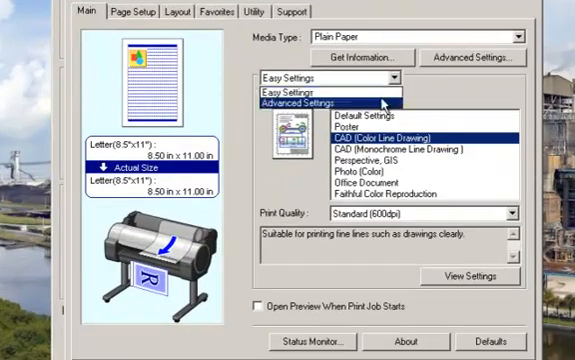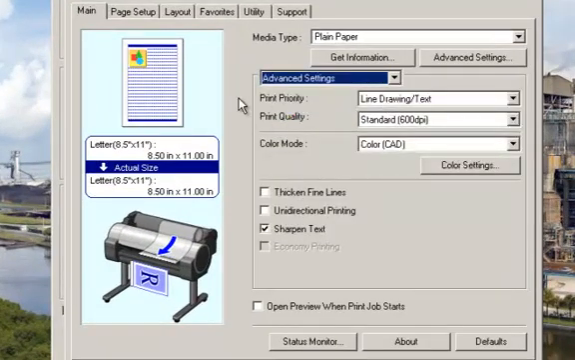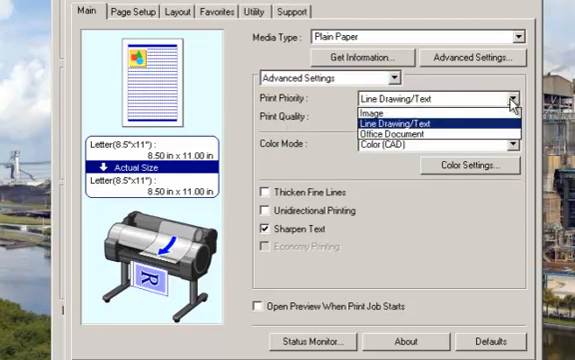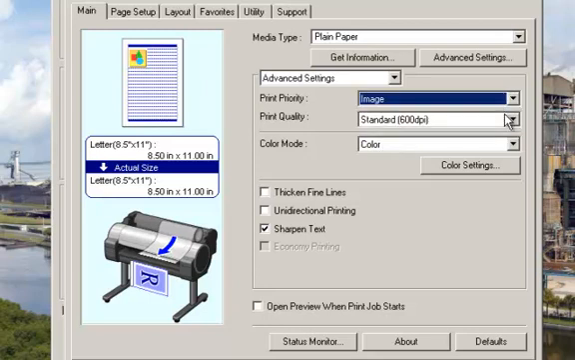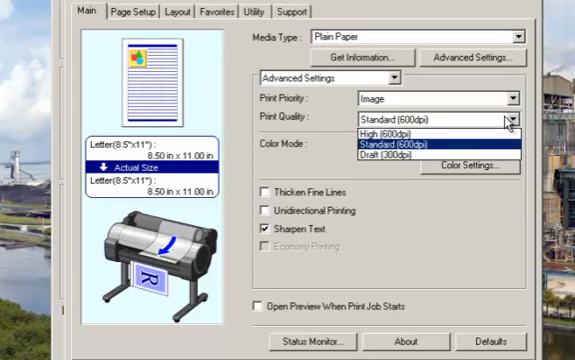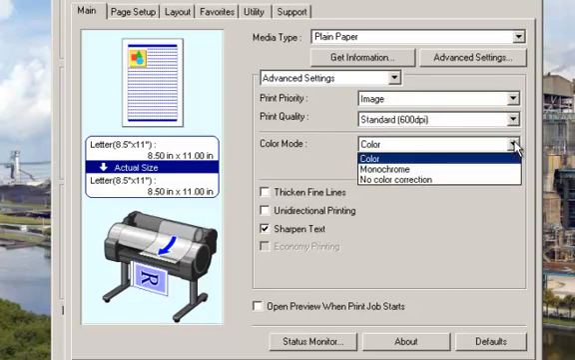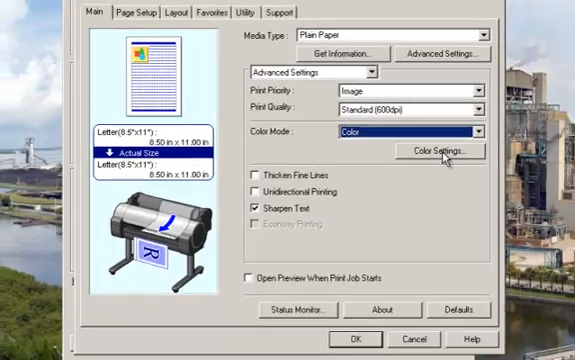Switching over from easy settings to advanced settings brings up a whole other list of options for us for print quality. We can choose our print priority, whether it's image, a line drawing, text, or an office document. We can choose our print quality, high, standard, or draft, and we can also choose our color mode, whether it be color or monochrome. Along with this, we can dig down into the color settings